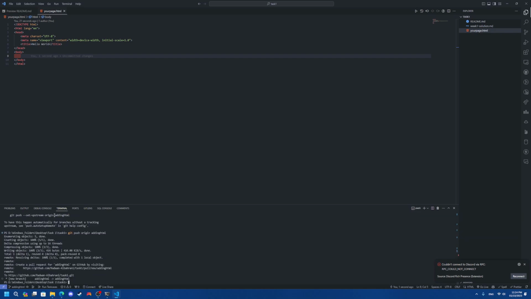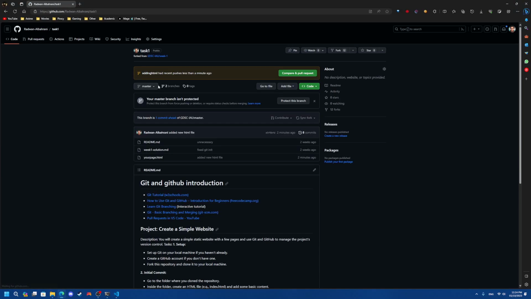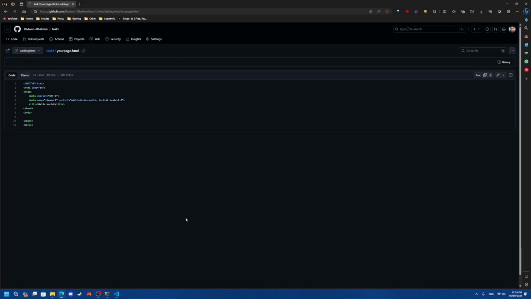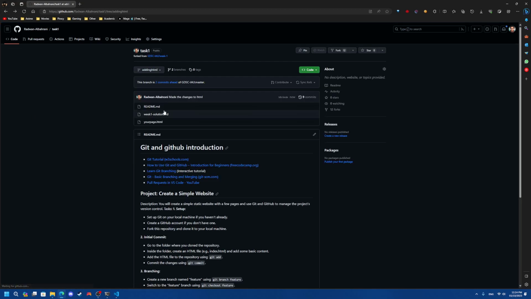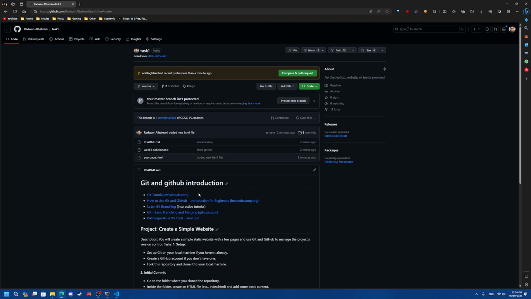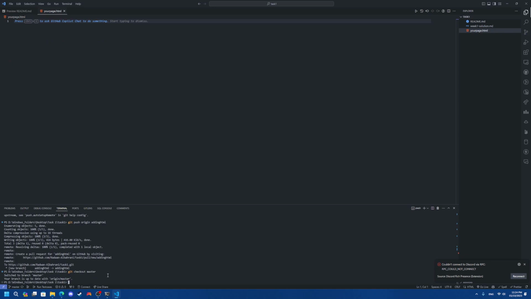There you go, and now it has pushed the new branch adding HTML, and if I go to GitHub again, you'll see the new branch has been added. If you change branches, boom, you have adding HTML, and in adding HTML, you will have the changes. Also, locally, if you go back here, if I checkout again and go back to my main branch or master branch, you'll see the code goes away, because the code is not in the master branch. The code is in